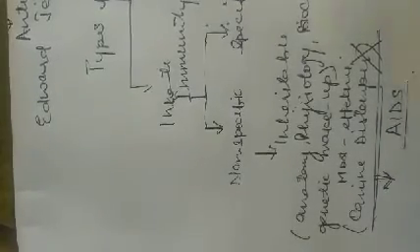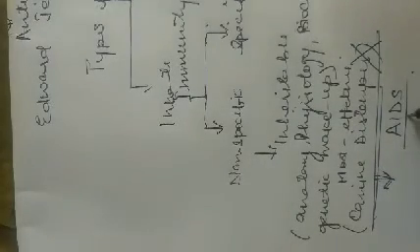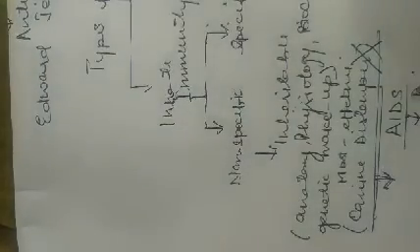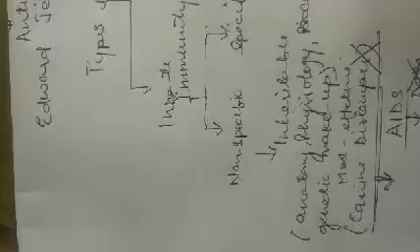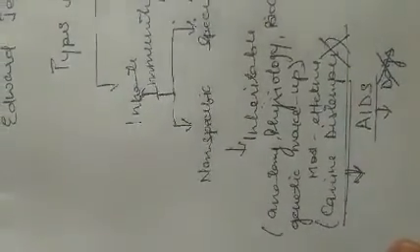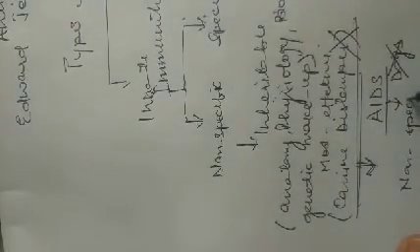While we are not immune to AIDS, we can get AIDS, while dogs cannot have AIDS. So that is the difference. Innate immunity is non-specific. It is not specific, it is non